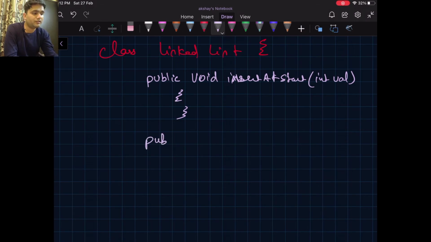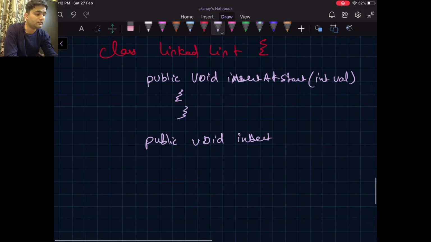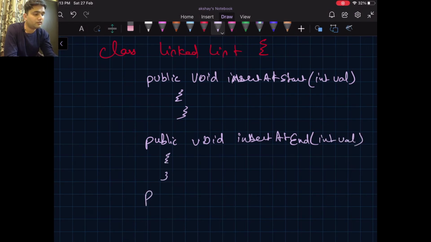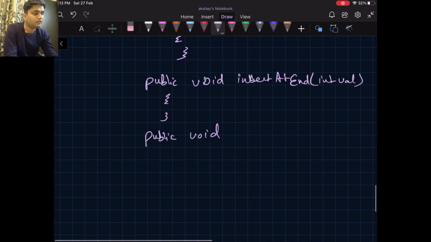Next is public void insert at the end. Insert at end, int 12. Then public void insert at position.